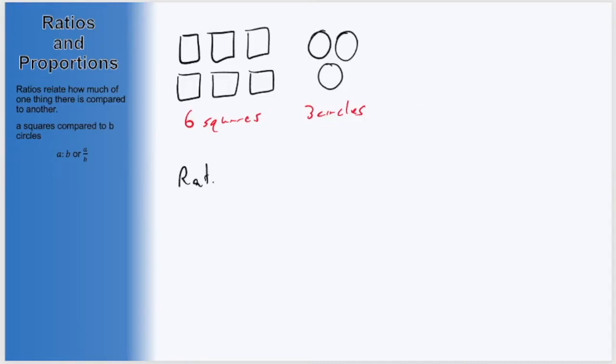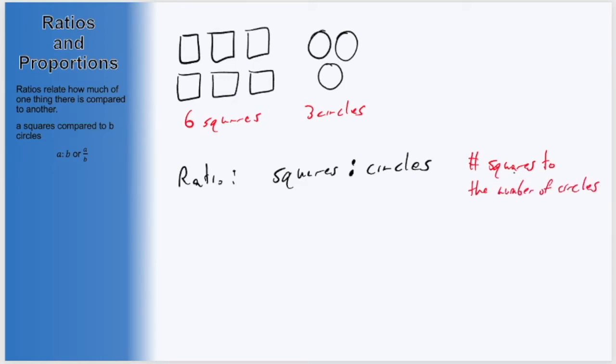One way we can write ratios is by having a colon like this in between the two numbers representing what we are counting. We often read the colon as the word "to", so writing the ratio like this would be the number of squares to the number of circles. Using the numbers for this example, we would write that as 6 to 3, meaning there are 6 squares compared